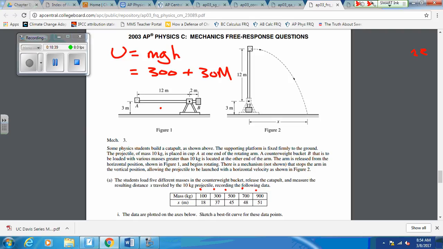Set up conservation of energy. Go. Which is U initial plus K initial equals U final plus K final. K initial is 0. We have to find U final, so we know U initial, which is 300 plus 30M. U final is,